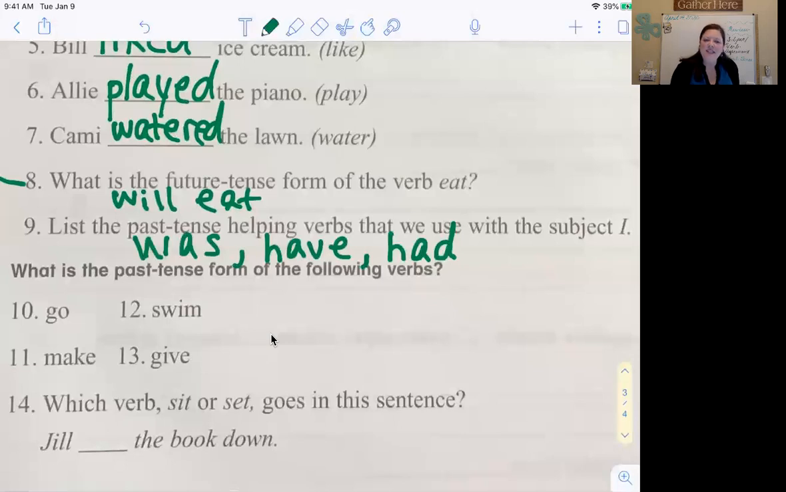Number 10, what is the past tense form of the following verbs? Oh goodness, I will give you a little hint for these. 10 through 13 are all irregular verbs. That means that the spelling will change on the inside of those verbs. So for number 10, the past of go is went. Number 11, the past of make is